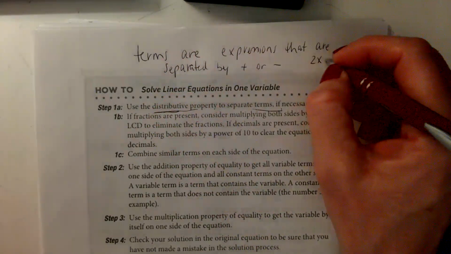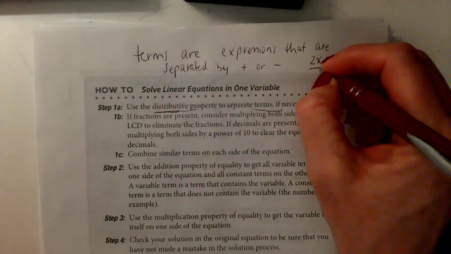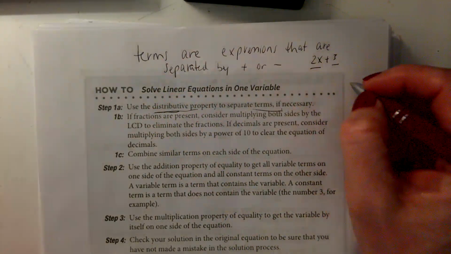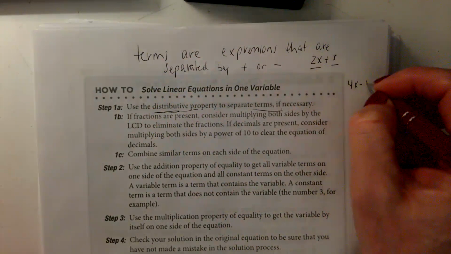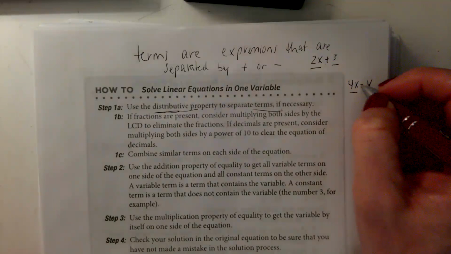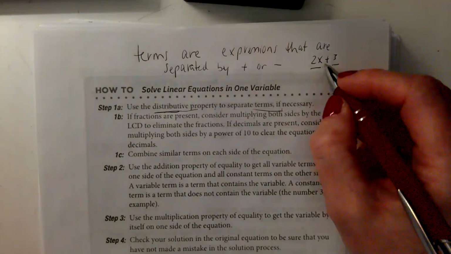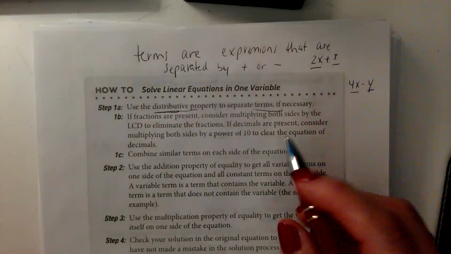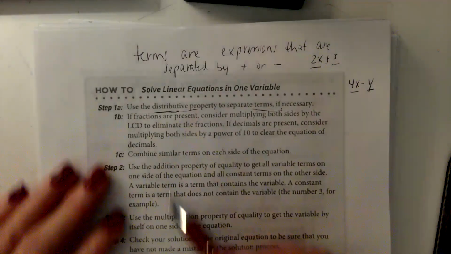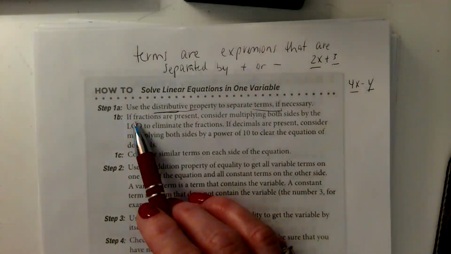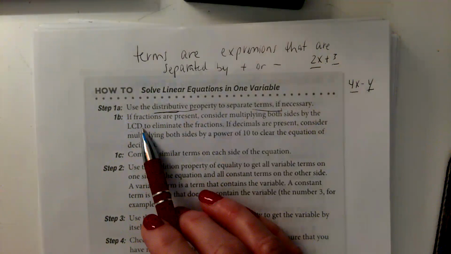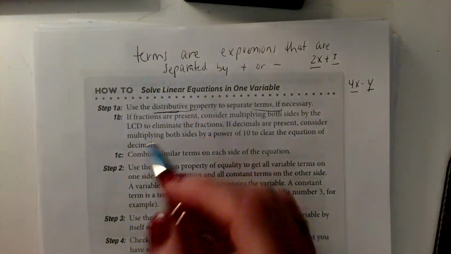So 2x plus 3, 2x is a term and 3 is a term because they're being separated by addition. 4x minus y, 4x is a term and y is a term because they're being separated by a subtraction. These are separated by an addition. Okay. I'm going to go through examples of using this. 1b says, if fractions are present, consider multiplying both sides by the least common denominator, that's LCD, to eliminate the